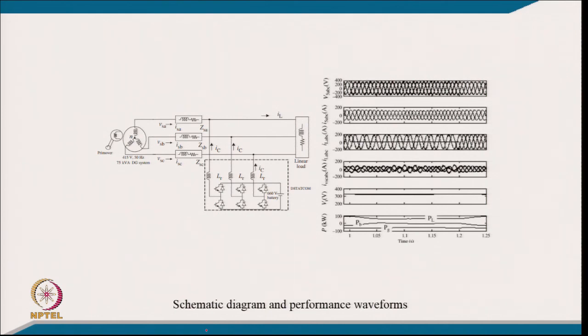So, that the DG set is never loaded less than 80% and never loaded more than 100%, even if the load is 120% here. So, the battery takes the energy and gives it back, and these are of course the typical waveforms from the development of the complete model. These are the voltage across the load, the generator current, and the load current, which is unbalanced current, as the load is also an unbalanced load. These are of course the 3 compensator currents, and the terminal voltage, which is regulated, and these are the different powers when the load is varying because a 2-phase load is there, then power of the battery and power of the generator, which are